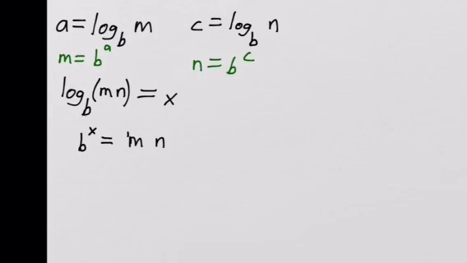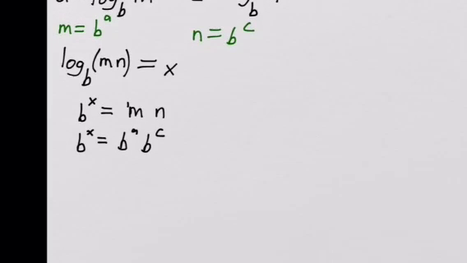So we can make that substitution down here. b to the x equals b to the a times b to the c. Well, now, under the product rule for exponents, we add the exponents. We get b to the a plus c,